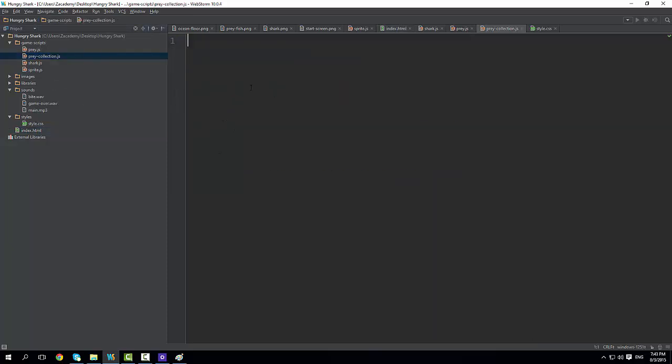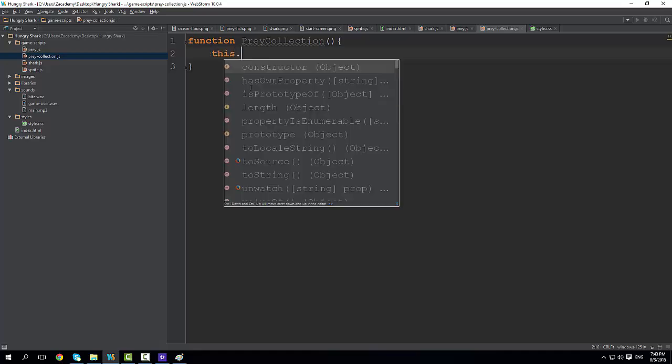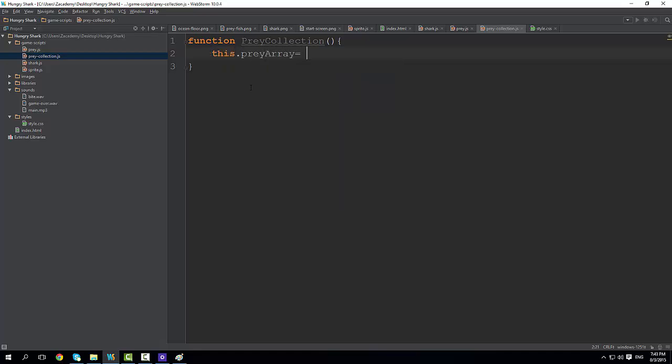Okay, right, so inside here, function PreyCollection, which is just going to be the class that does pretty much everything for the fish. It's going to create the array and so on. So this.preyArray, which rhymes as well. This.generatePreyFrequency